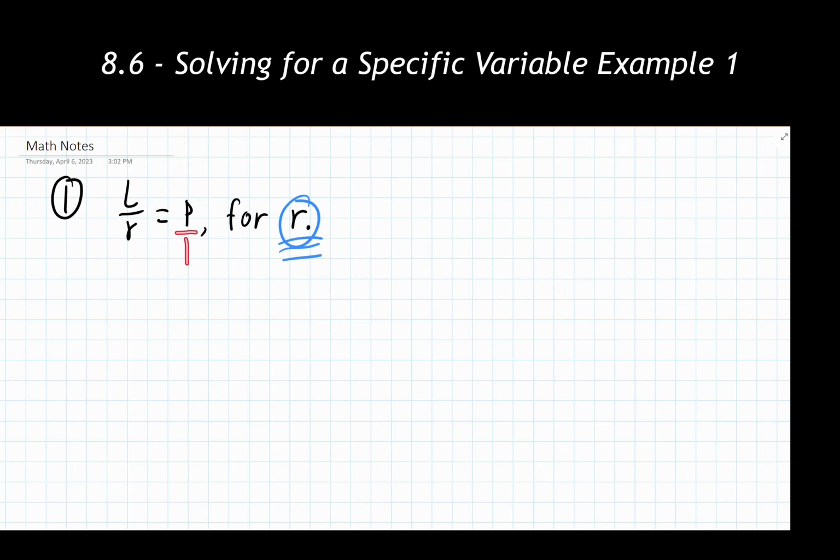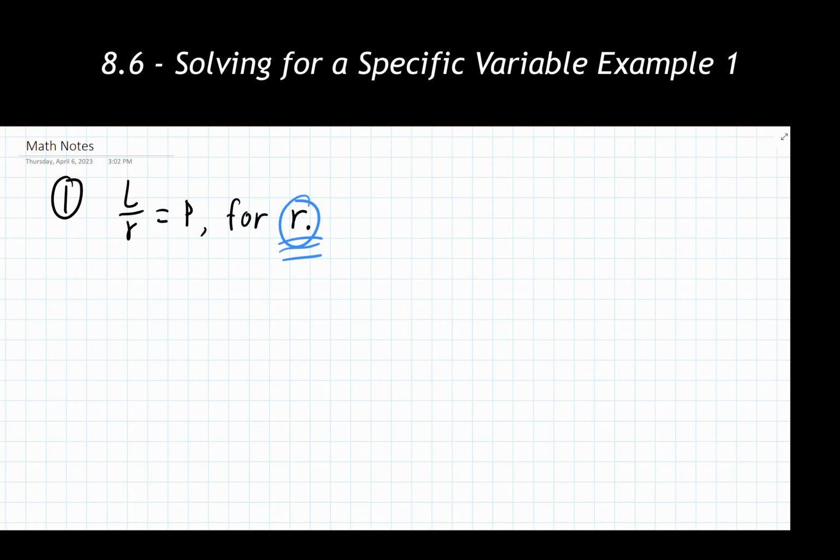So I now have an instance of a fraction equals a fraction showing up in this problem, which means the option is available to me to do cross multiplication here. So if we're looking at this one problem, there are about 3 different strategies that we could use to solve this thing. Any and all of them will work. It's really your choice on which one you would like to use.